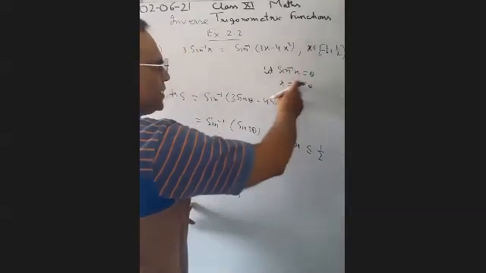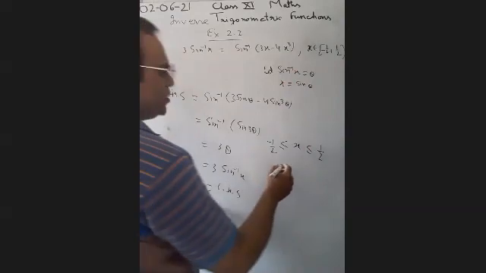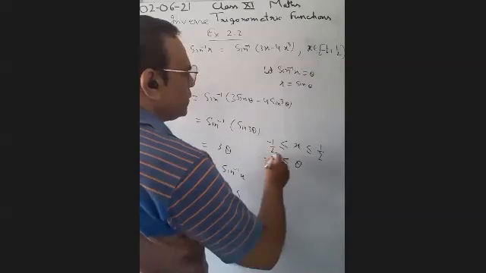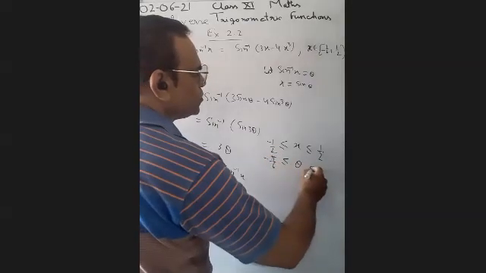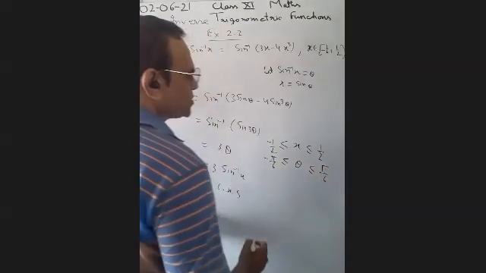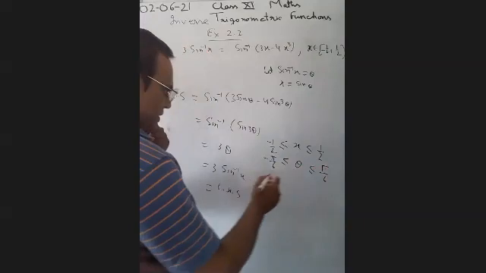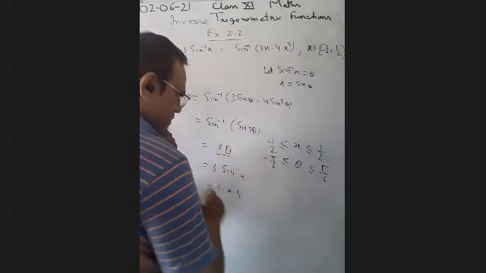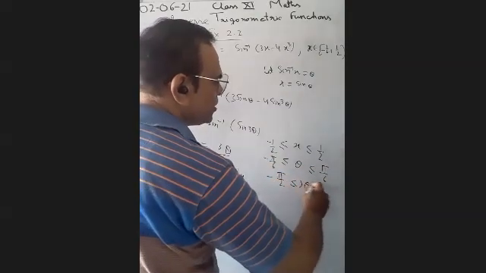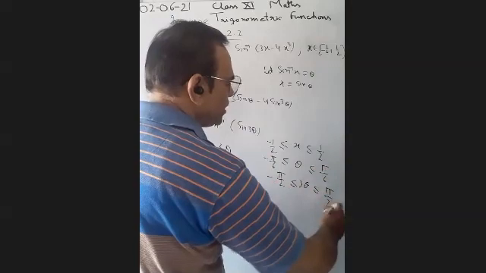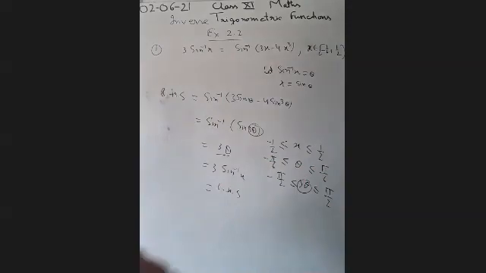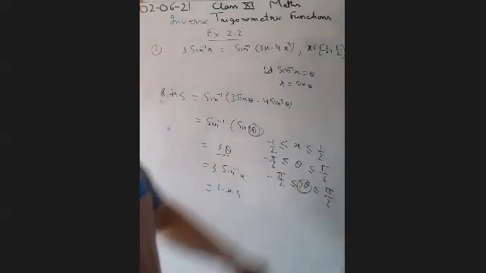So we have converted x is equal to sin theta. So what will be the value of theta? Theta will be from minus pi upon 6 to plus pi upon 6. If we multiply by 3, to show the domain of this one, 3 theta will be from minus pi by 2 to pi by 2. That means this angle should come in our domain. What domain we have decided? Minus pi by 2 to pi by 2.